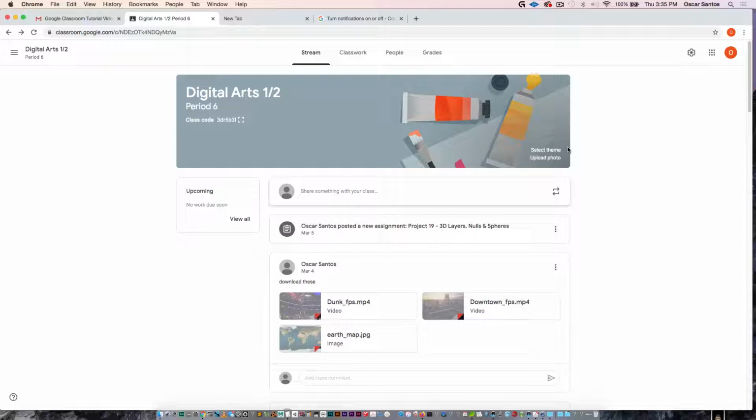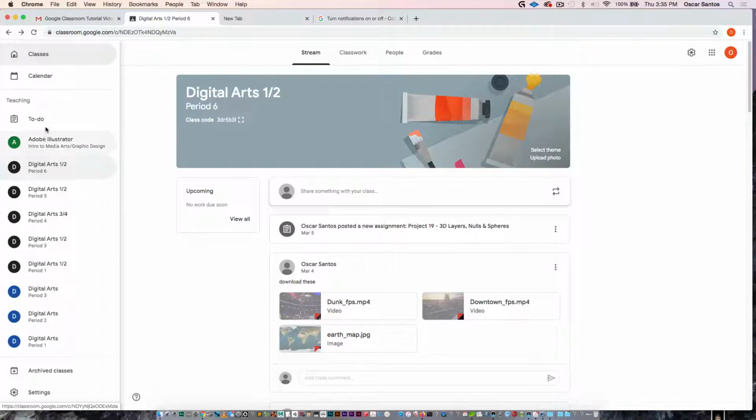This is in case you've been added to another teacher's class, which may be happening across different departments. So for example, here are all my classes. I've been added to another teacher's class, sometimes so I can see the work they're doing and we can share stuff. If you don't want to receive notifications, emails every time something gets updated, which can be kind of annoying,